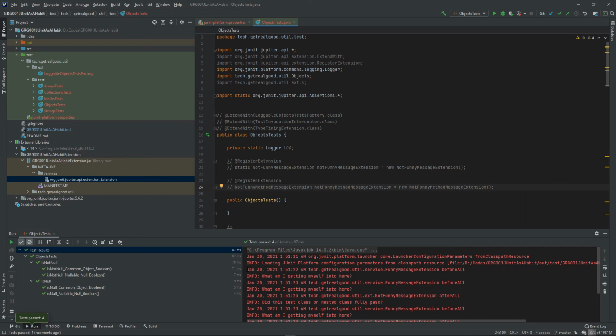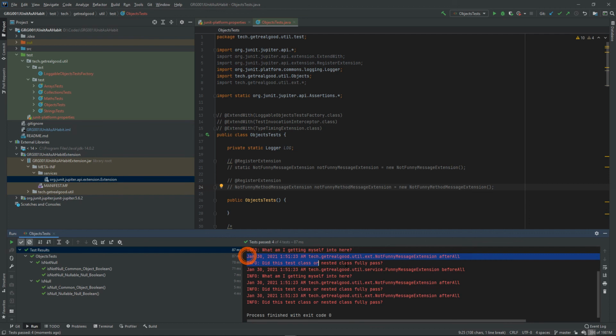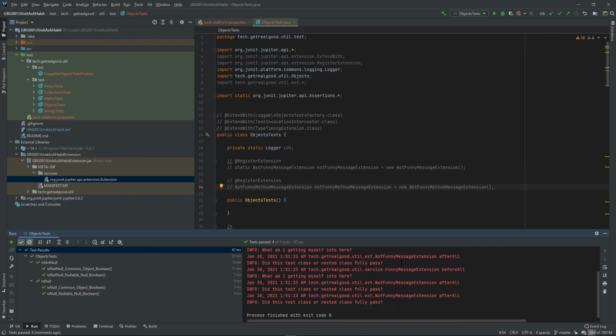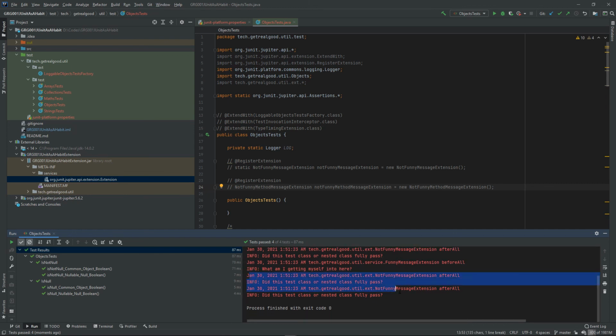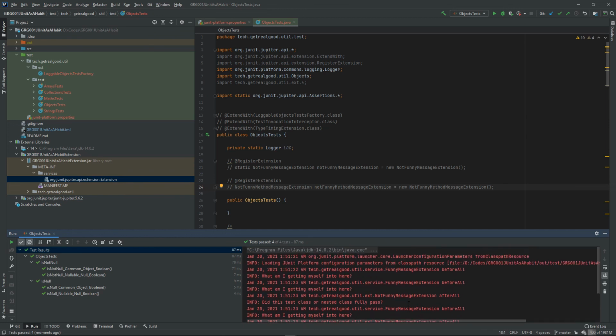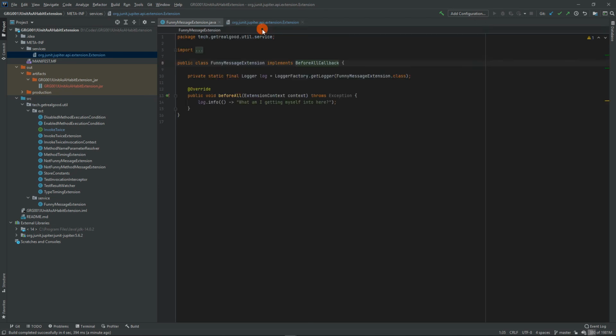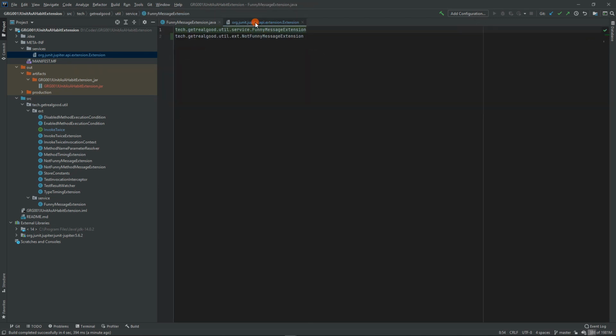All right, so we have the funny message extension, and then we have the not funny message extension. And they're a little bit mixed, but basically the first one runs, let's take a look. They're mixed because of the particular way the logger outputs its output, but the first one implements before all callback,